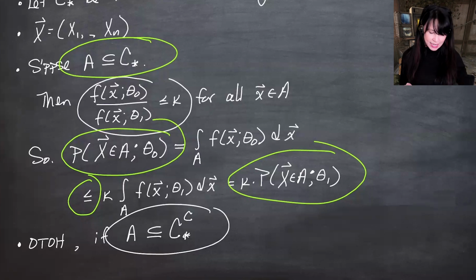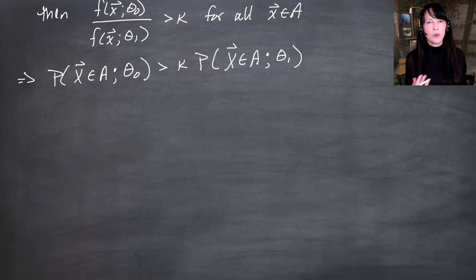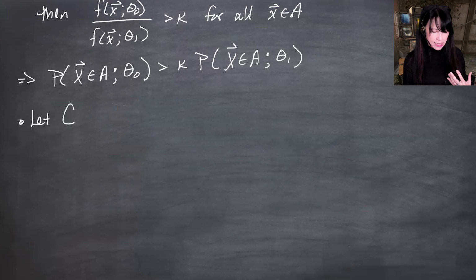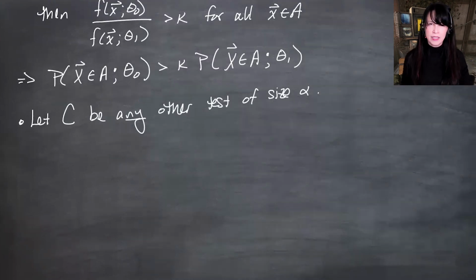But let's go back to a test of size alpha. So I've got the C star defined by Neyman-Pearson, and I want to show that it's best. So I'm going to let C be any other test of size or level of significance alpha for the given hypotheses. This is probably not a subset of C star or a subset of its complement, but